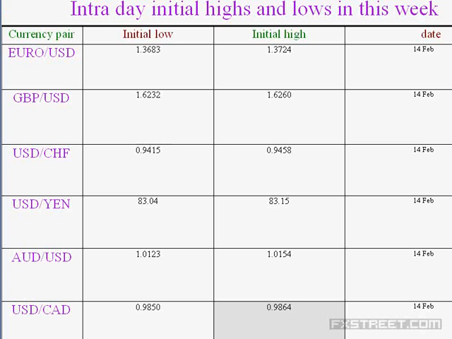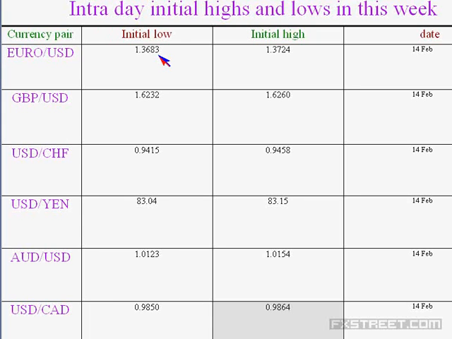And with regard to the initial lows and the highs in the case of all the majors and the commodity pairs, Euro low was 1.3683, the high was 1.3724. You find that the low has been breached around 3:35 GMT. Till now, it has not come above 1.3683. So that indicates that they wanted to make an intentional slide today. So probably one can do a small sell and buy trade, or wait for the full drop during the European session,